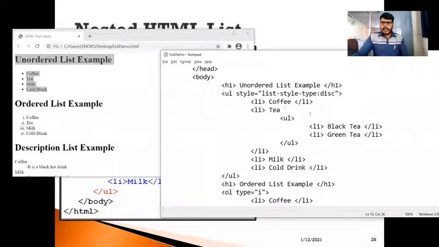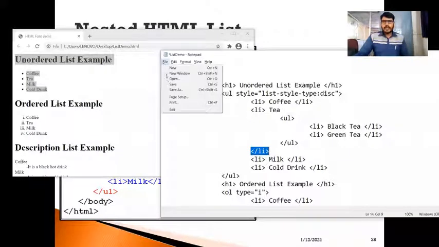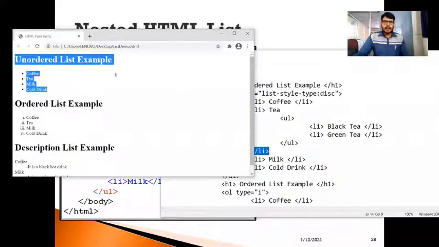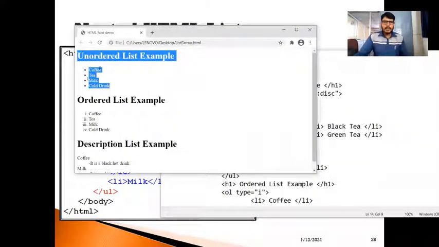Okay, and after this, this UL tag has been closed here, and this li tag has been closed here. So we need to maintain a proper order of the tags. So now I need to save this and go to the web document, and please try to observe this list.